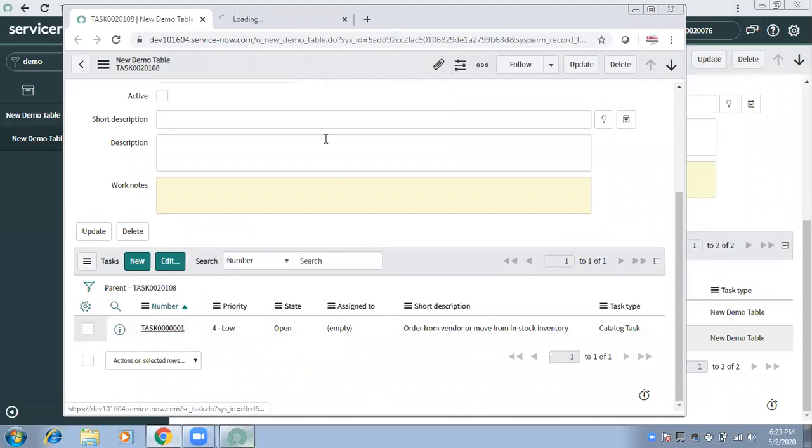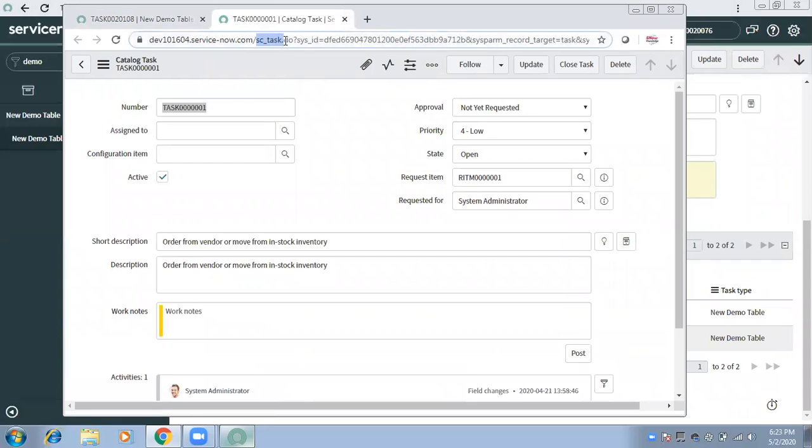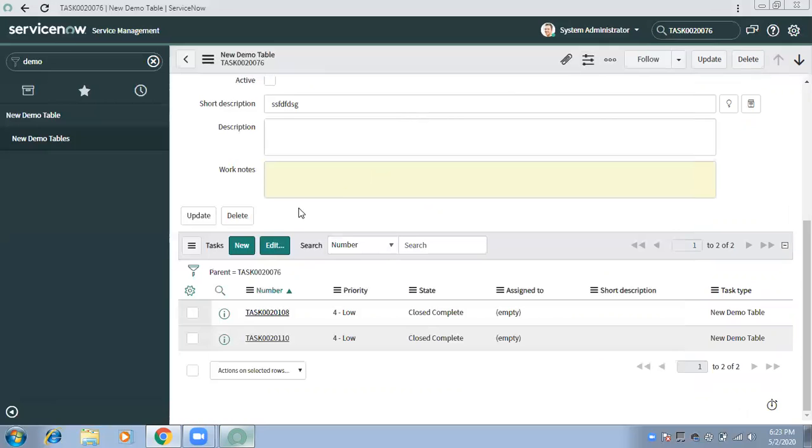Because I am using the demo table, and this record which I added belonged to a different table, SC task. And my code is saying query the record from the demo table. Yeah, right.